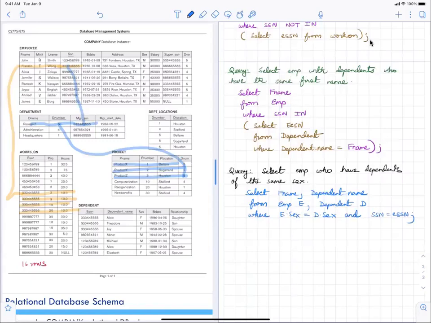So this was done using a join, and then you're looking at the selecting. Here, I'm showing you how to do the same query using the IN operator.